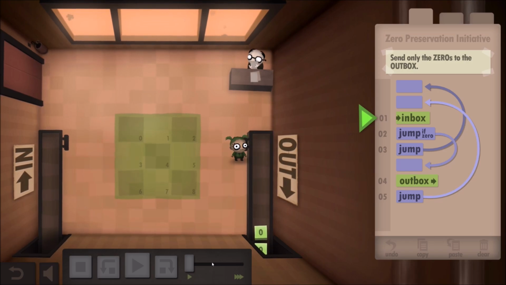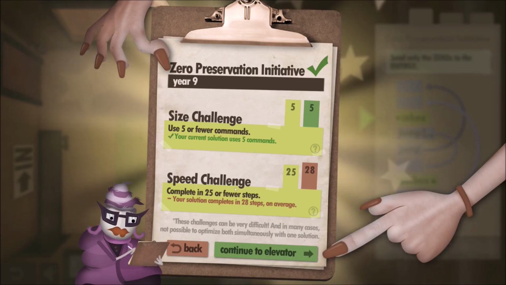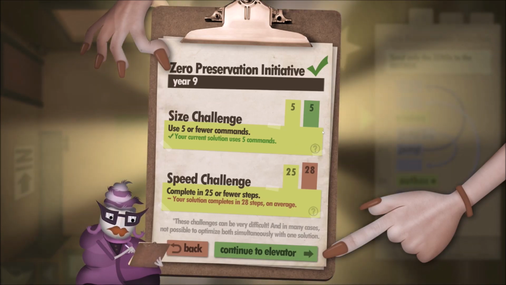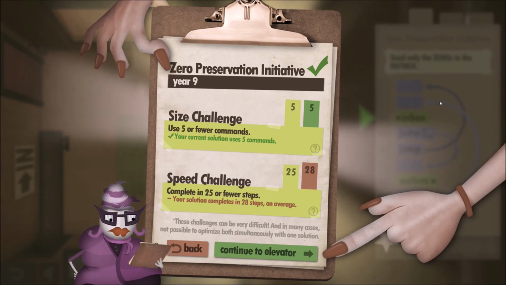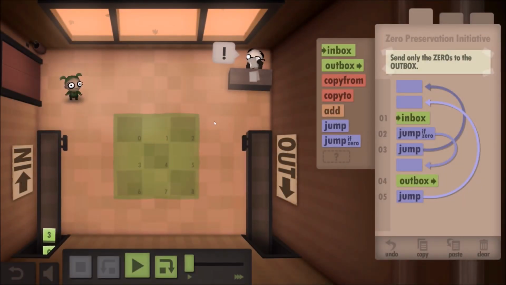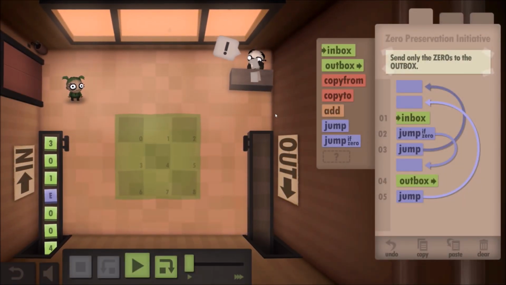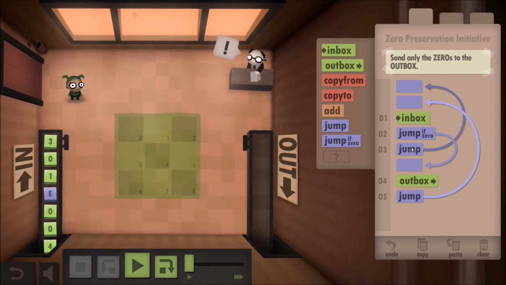If the optimization is not quite right, then there is a way to change this. Yeah, so the speed is 20. Oh, interesting. The size was fine. So I don't want to clear up the code that way. Your solution completes it in 28 steps on average. But there's a way to do it. So, well, that would mean that there's a way to get rid of a command. So I do think